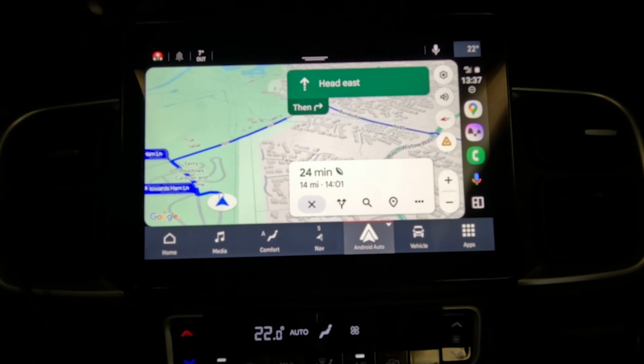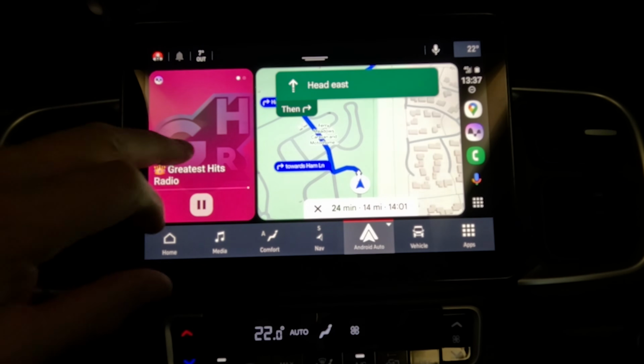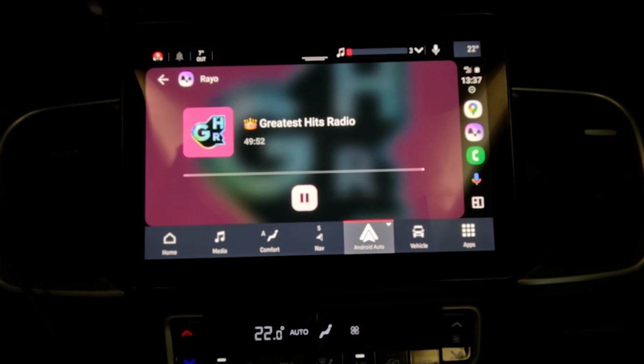So the main thing I use Android Auto for is playing Greatest Hits radio. My 7 cats are an absolute joy, and best of all, Obviously I'll get copyright strike if I carry on